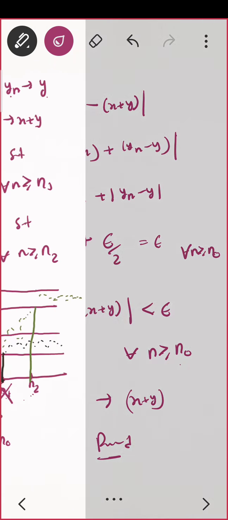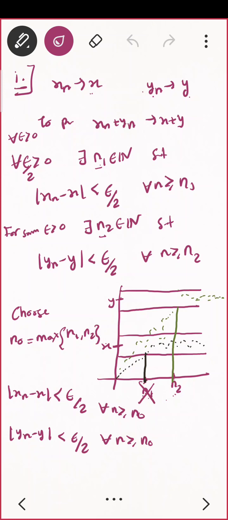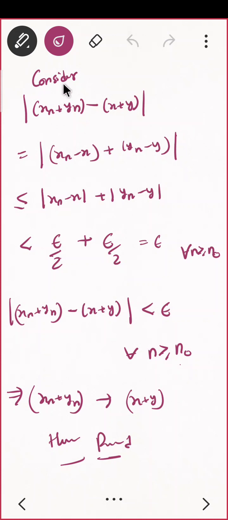Let us see the proof once again. We wanted to prove, let us see from here. We wanted to prove mod of xn plus yn minus x plus y, that much less than epsilon. So I just solve it little bit. That means mod of xn minus x plus yn minus y, that is okay. Then next later I did the triangle inequality. This is less than equal to mod of xn minus x plus mod of yn minus y. Do you see in every proof I am using triangle inequality, how important it is. That is less than epsilon by 2, that is also less than epsilon by 2, so that is the addition is epsilon. So I have proved mod of xn plus yn minus x plus y, that is less than epsilon.